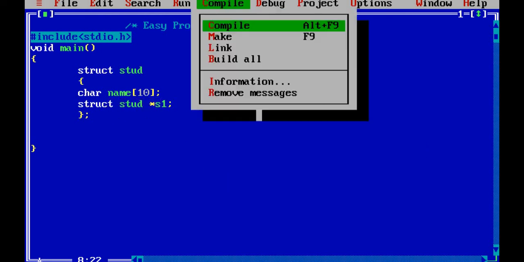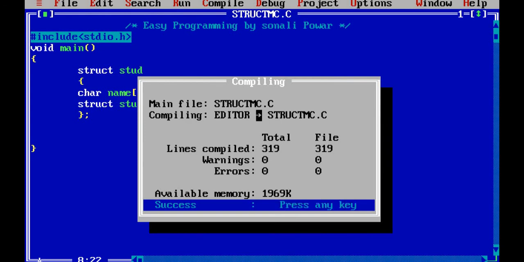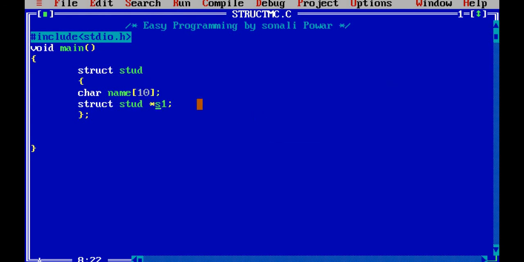It's possible. I will just compile this program, and it shows 0 errors. It means you are able to declare the pointer of the same structure type. Means you are able to declare the pointer of student, but you cannot declare the normal variable of the same struct. And also you can do the nesting of structures.